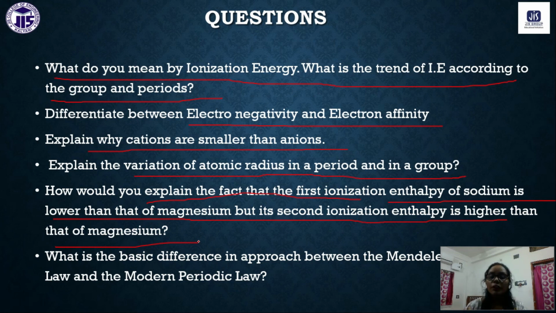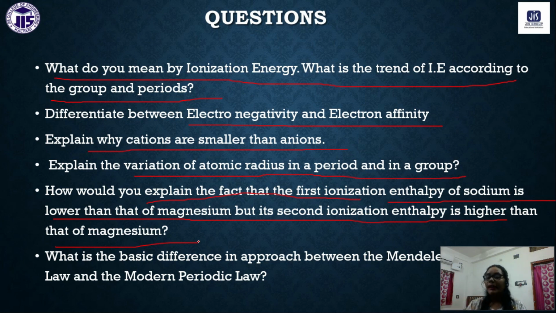Okay, so what will happen? Look, the first ionization energy is the removal of an electron from the outer orbital. For that, whatever energy we have to provide. So what will happen for sodium? If one electron is removed, it will get the fully filled shell, 1s2 2s2 2p6. So it can be stable at that time. That is why sodium has a tendency to remove that electron very easily.